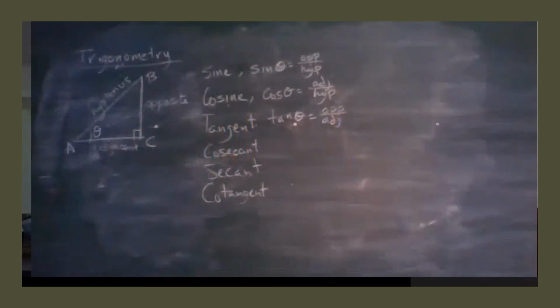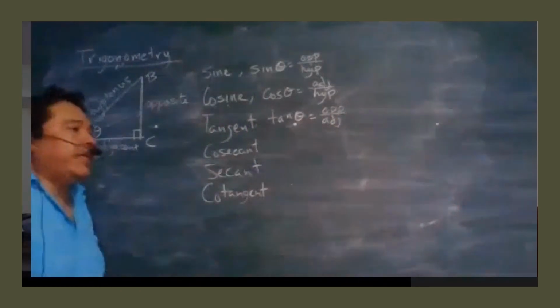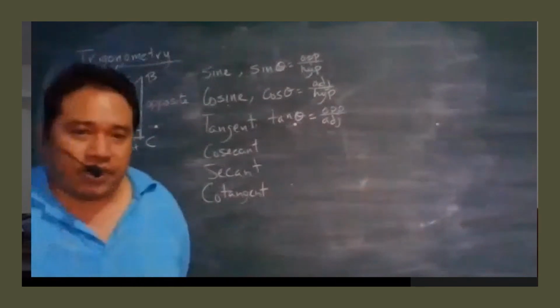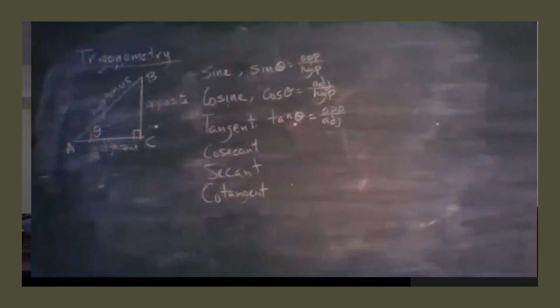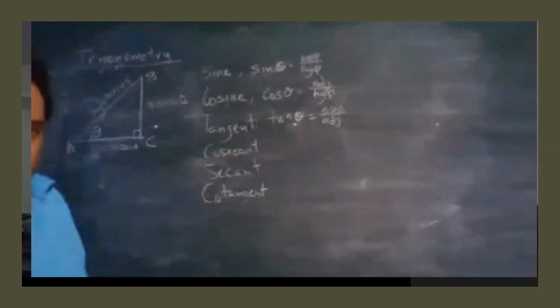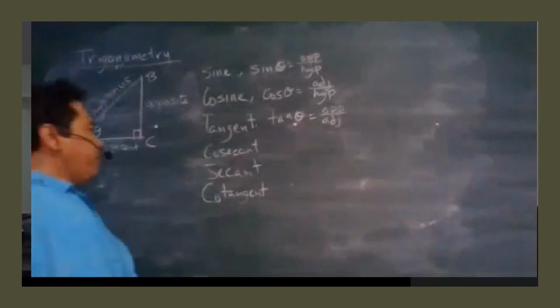Then the cosecant, I said that the cosecant is a reciprocal ratio. So the cosecant is the reciprocal ratio of sine. So if I were, this is